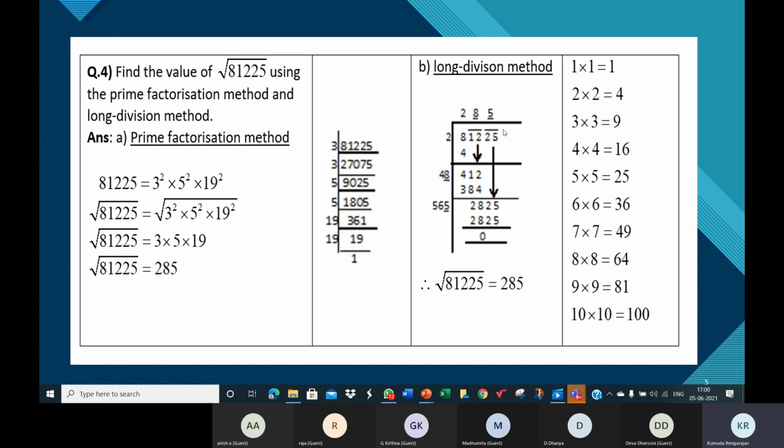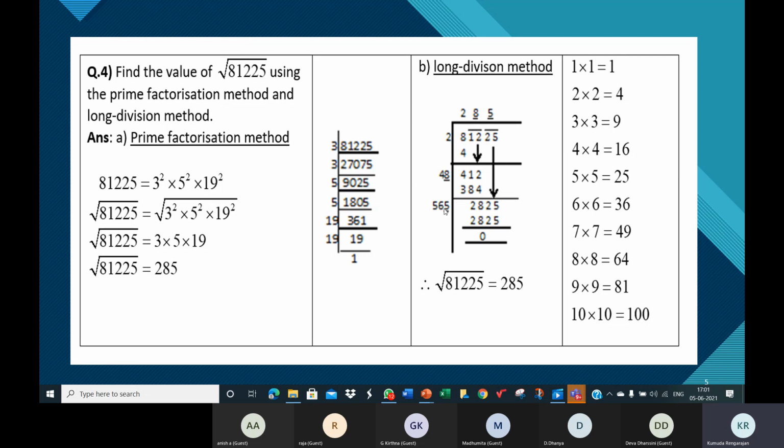See, the thing is, there is no more pair to come down. That means this is the last stage of division, which means you must get 0 as a remainder, which means you must get exactly 2825 here. No compromise. You should get 2825. What's the last digit? It's 5 here, children. So you must place 5 here, because only 5 5s will give you 25. So 5, 6, 5, and place the same digit 5 here.